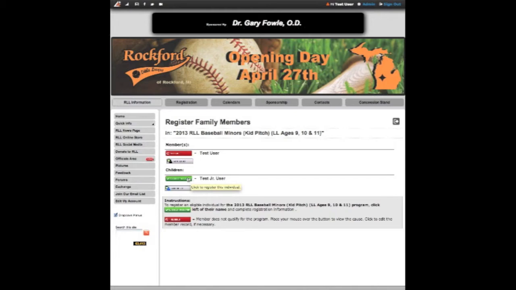So what happens if your child's name shows up in red? Well, that means your child does not qualify for this age range. What are some possibilities there? Well, perhaps your child's date of birth is set incorrectly. That's one possibility. Also, if you put your mouse right above the button, it will tell you